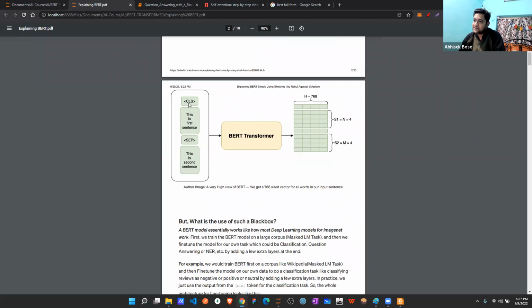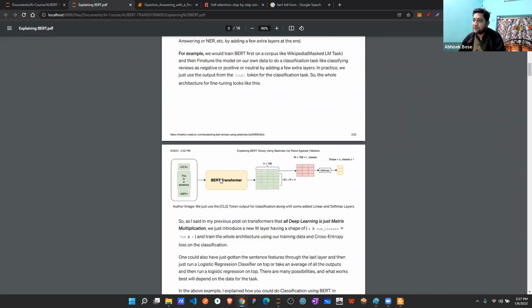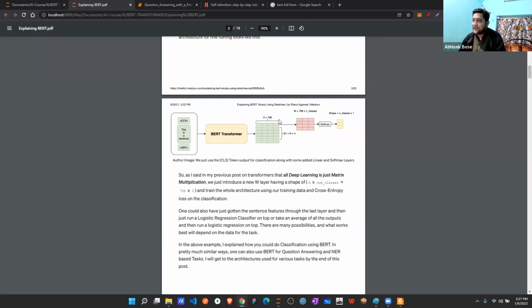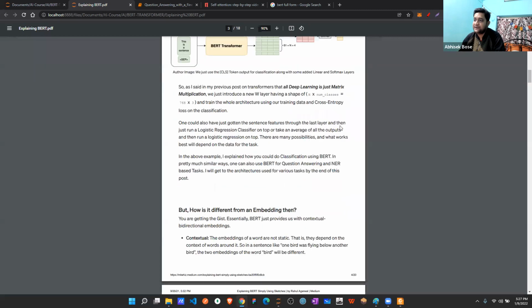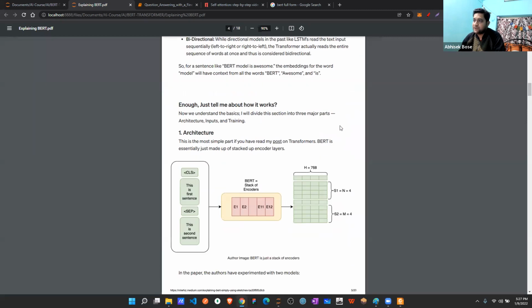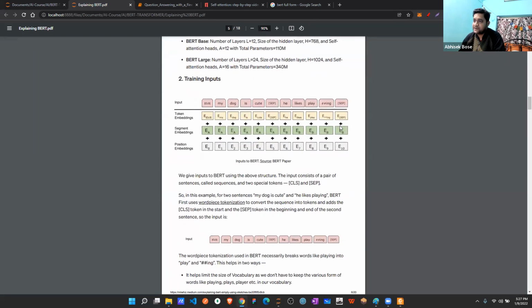See, first, if there are two sentences, CLS comes first, then the separator is there, like I just told. The same way the BERT transformer is there, then the H, W, then the softmax, then the value comes. So everything is the same. See, token embedding, segment embedding, positional embedding.